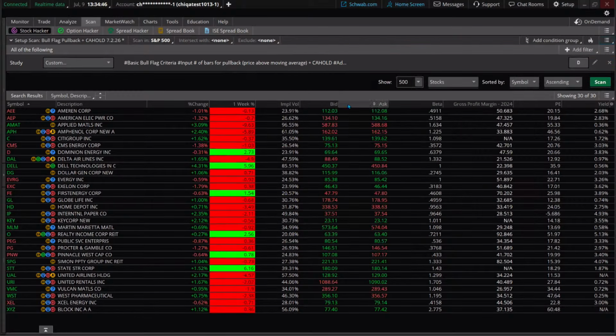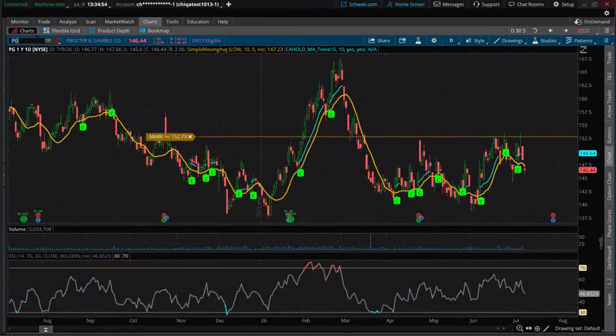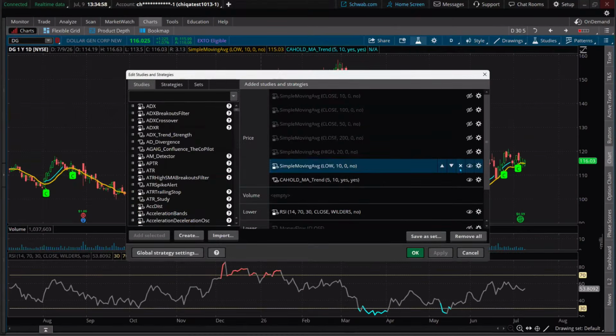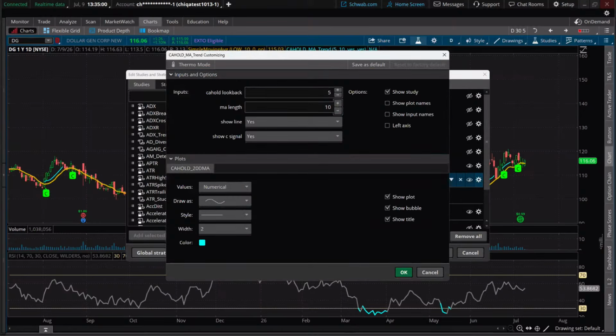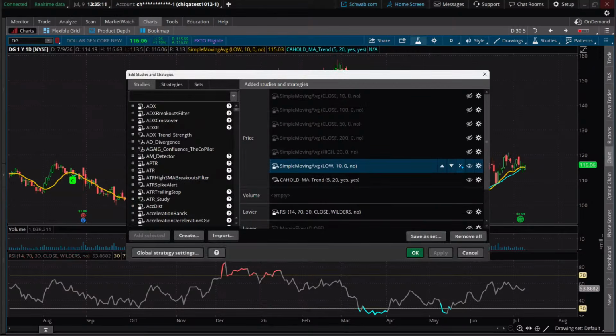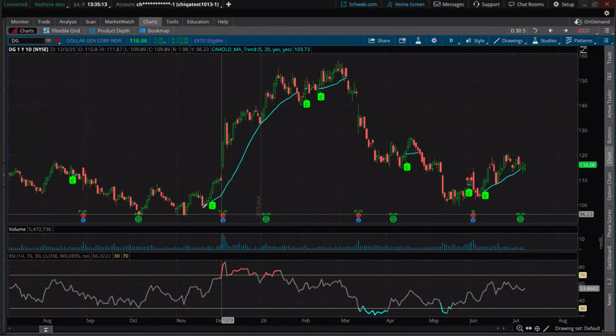The big thing though is getting us to hold above that level and watching that. All right, that's the last one, DG. I just want to see what DG is doing here on the chart. In fact, I'm going to put this back to a 20 period so it makes more sense with the scan. Remember, these should be in line if you're looking at it that way. Here is your 20 right there. This one ran really well with the 20. I'm going to knock out the 10 so you can see it a little bit better.